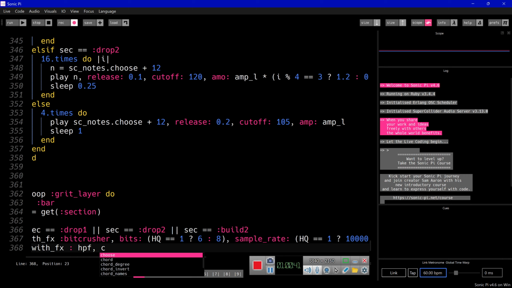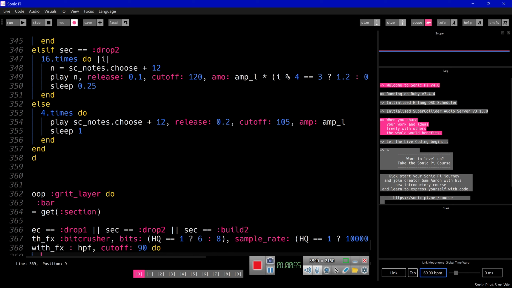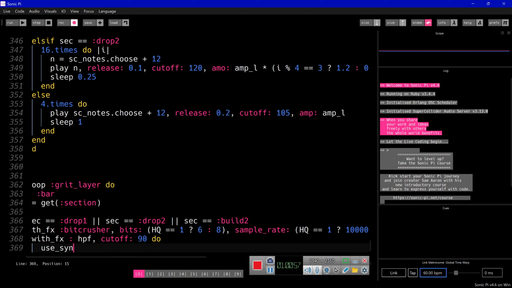So it would have a cutoff at 90 and 2, and we use synth named pulse,